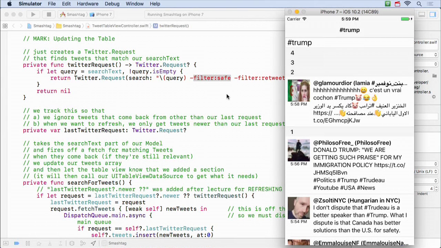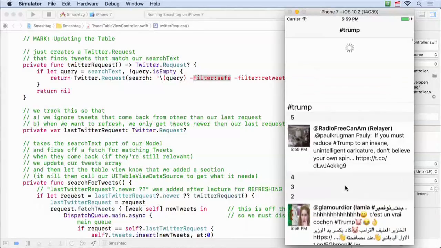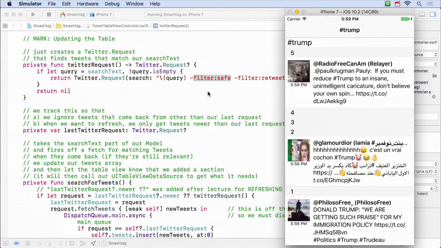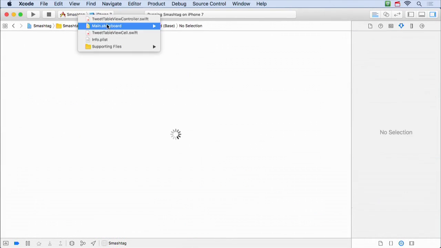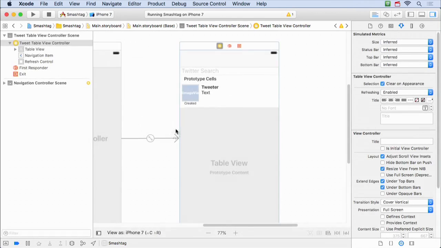Again, I posted this code, but we'll just look at it. I'm not going to type it all in. We're just going to look at it real quick. First of all, let's talk about how I get this UI where we pull down and it calls a method or whatever. So let's look in our storyboard. All right, so here's our storyboard. And what I did was I just selected my table view controller and I went down here to this refreshing. See that refreshing choice? And I changed it from disabled to enabled.